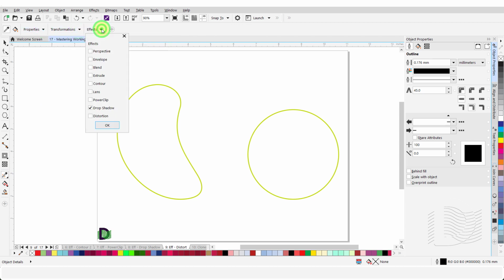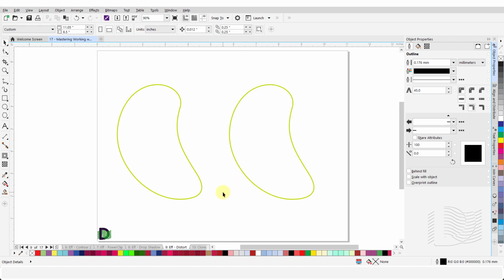Then I will open the drop-down menu under the Effects group and place a check mark next to Distortion. I will remove all of the other check marks and click OK. I will move the cursor over the object on the left and left-click once to copy the selected attributes. Then move the cursor over to the target object and left-click once to apply the copied attributes. You can select and copy multiple attributes from the three attributes groups and apply them simultaneously to the target object.